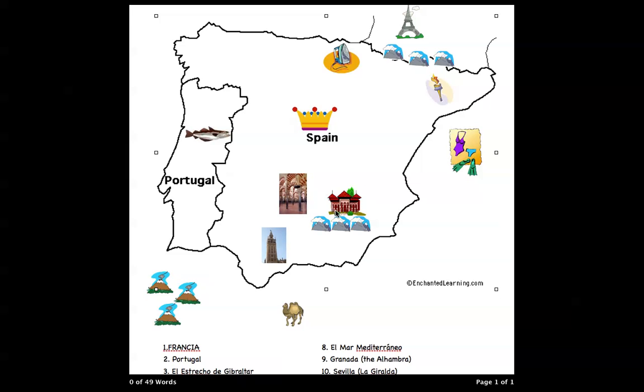And over here we have another Moorish building. This is a picture of the Alhambra, which is a 9th century Moorish palace. Lots of stucco work, reflecting pools and fountains. Small colored tiles. It's a beautiful place, a huge garden that you can see called the Generalife. And it's kind of across